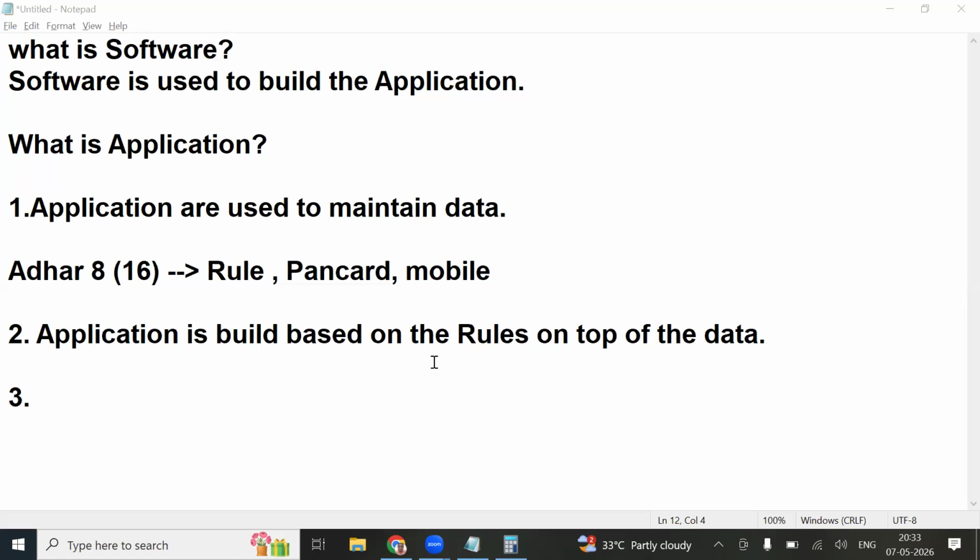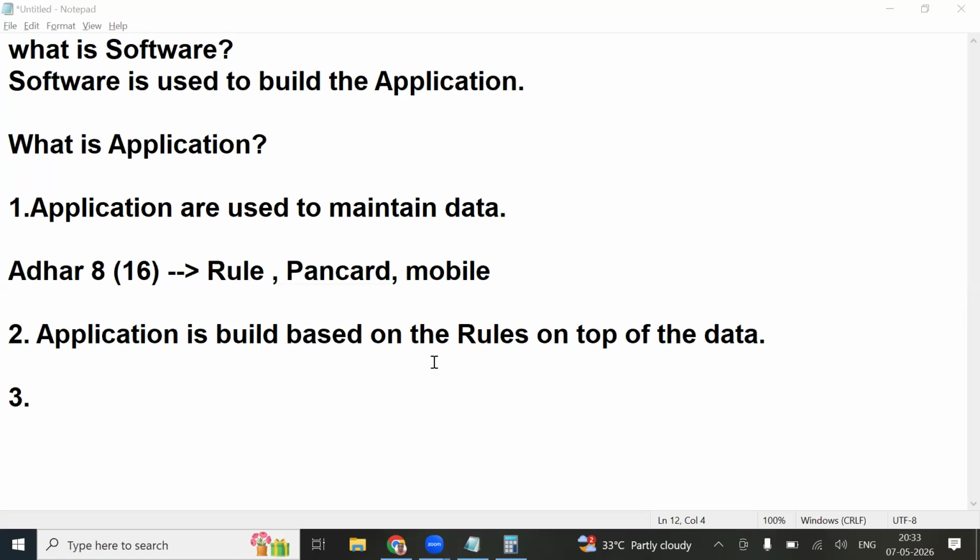No. Let's take an example, Chari. There are 10 people in the group apart from you. It is easy to collect their information for you. But you don't know them, you are an unknown person. How do you want to collect the data? For that, you need to build an application, or not? Yes, an application is required. With that application, you are going to hold the data.